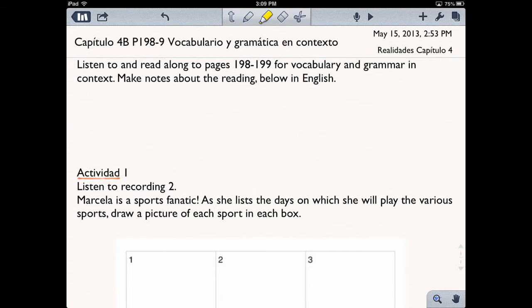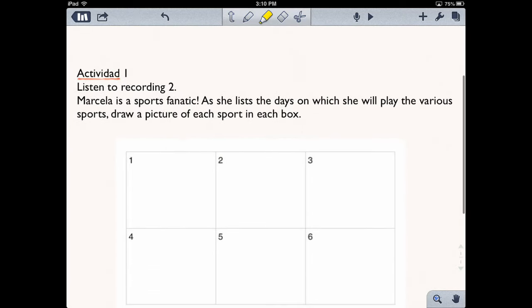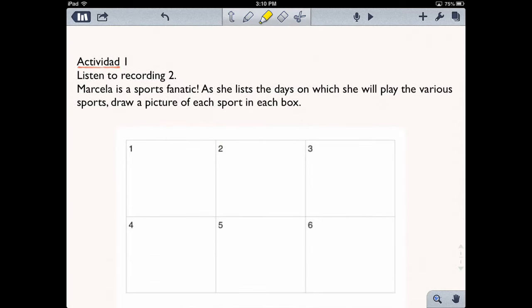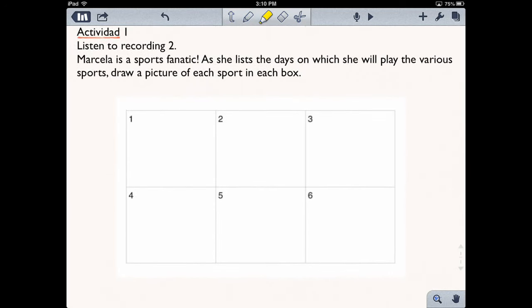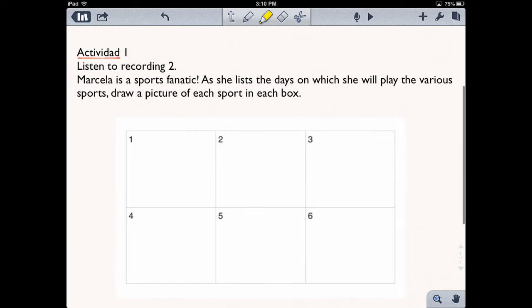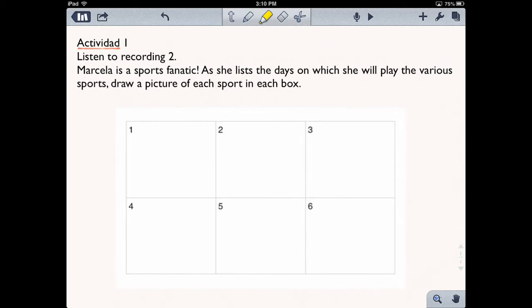If you scroll down with your two fingers a little bit below, you can see that I have activity 1 and activity 2. Right below activity 1, I wrote to them, listen to recording 2, so they can click the microphone and they can see the different recordings set up in the bar right below it. They're going to listen to this recording and hear somebody describing things that they like to do on each day of the week. And so I included this